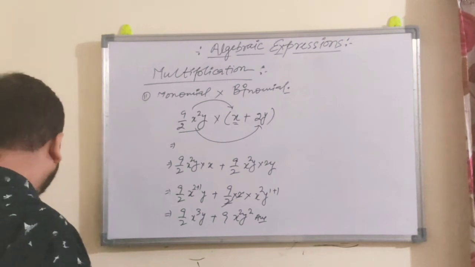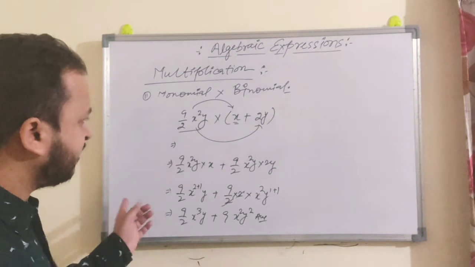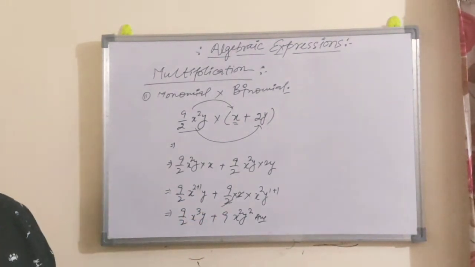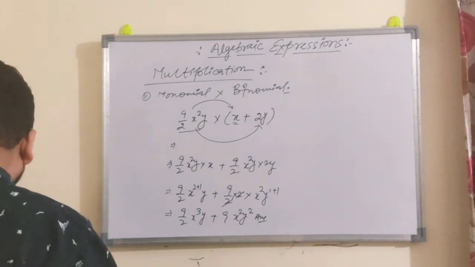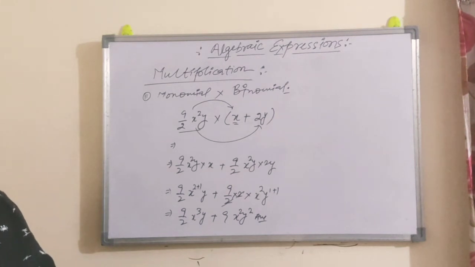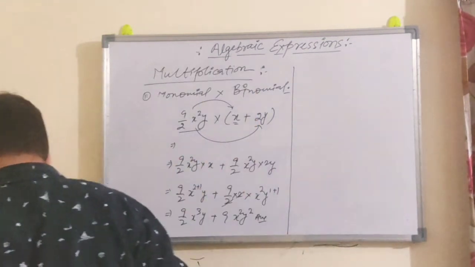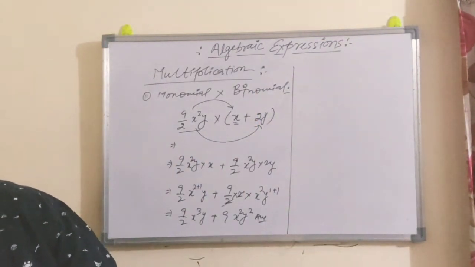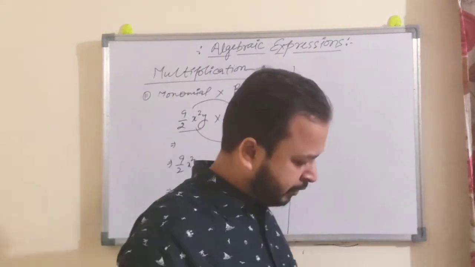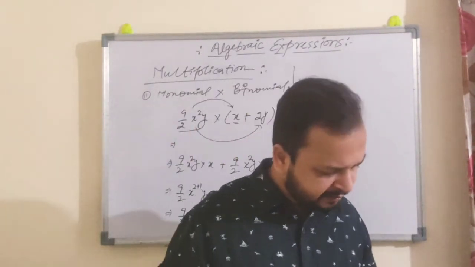One more way is also there, the column method. This is the horizontal method. You can also go with the column method. If a question is given like this, here the question is for a binomial, but in one question it is given as a trinomial. So now I'm going to take the simplification. The rest of the questions are very easy. Please solve them.